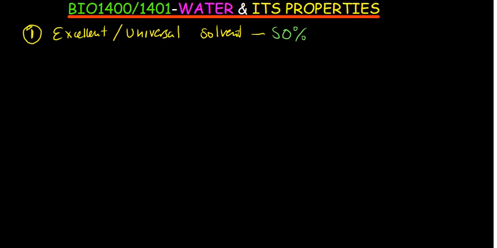And this property, universal solvent, is very, very important because chemical reactions happen in an aqueous environment. So that is the importance of water being a universal solvent. Another property that you need to be aware of is